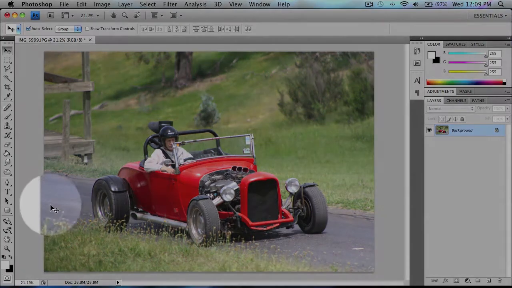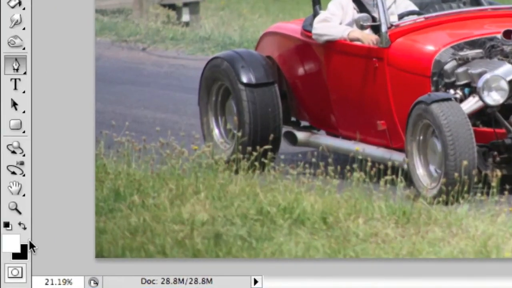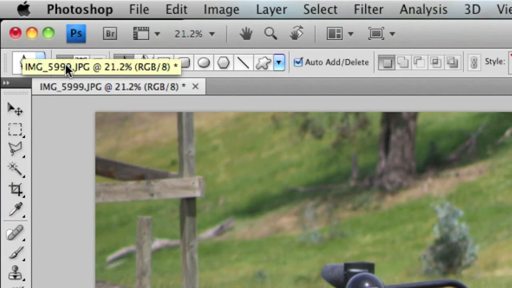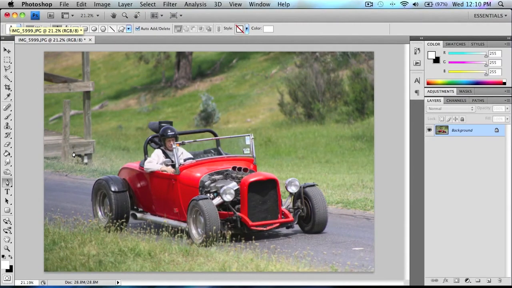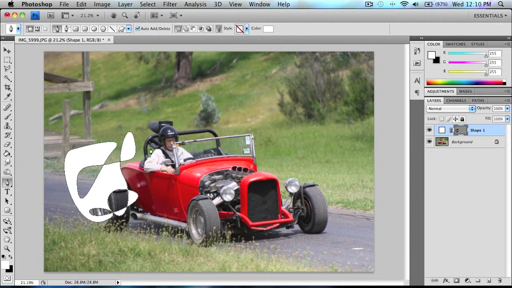So the first thing you want to do is grab the pen tool and just start making some random shapes. Make sure that your foreground color is white and that the first option up here is selected, and then basically just start making some very random shapes in the area that you want the smoke to be created in. So like that, and another one over here. Like that, and